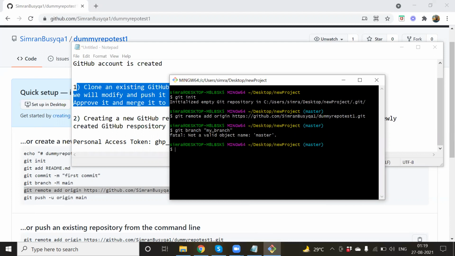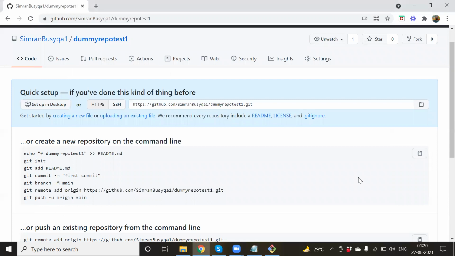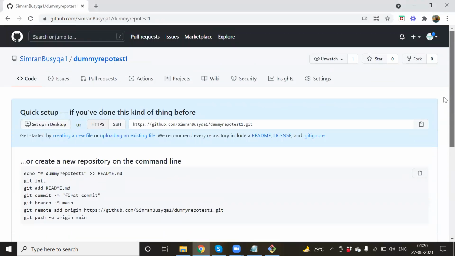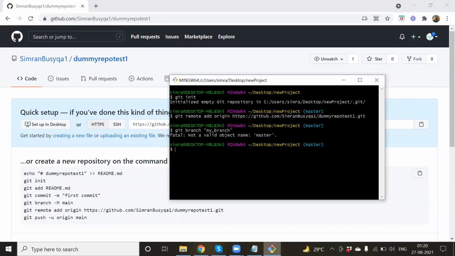Okay, the master itself is not defined actually. In this case, master itself is not defined. So first of all, the master branch has to be created. Right now there are no branches, guys. If you see here, this is completely empty. Every time, your feature branch or your global branch will be coming from the master branch only.